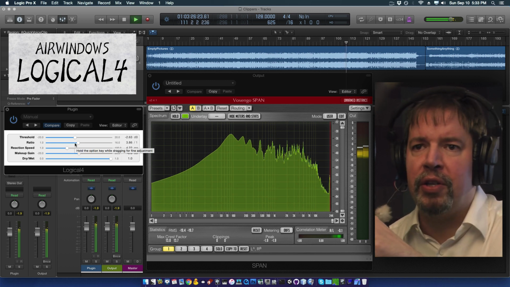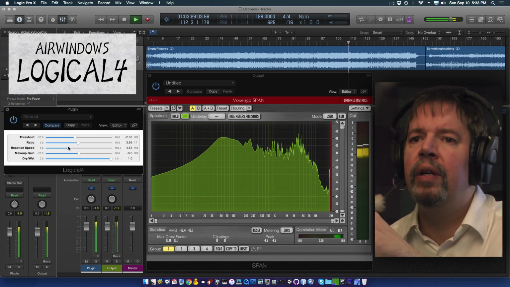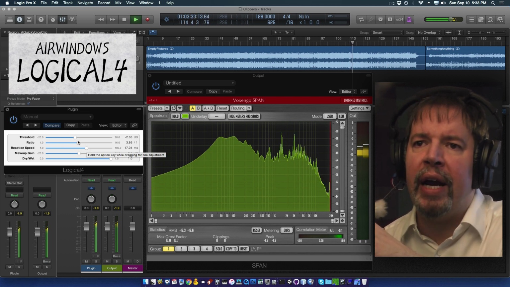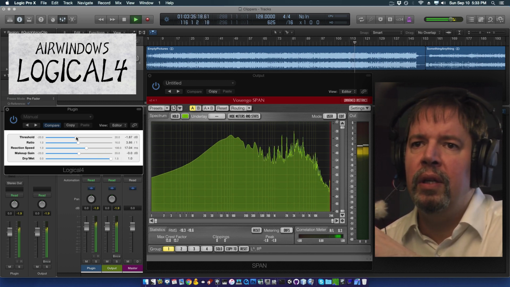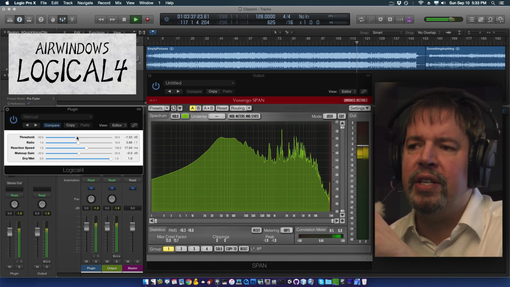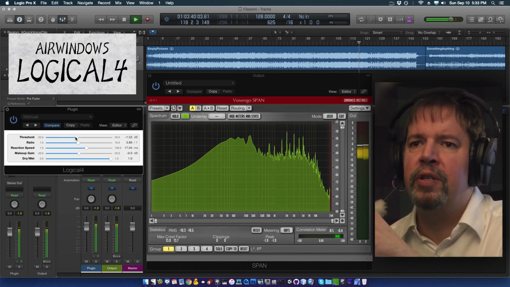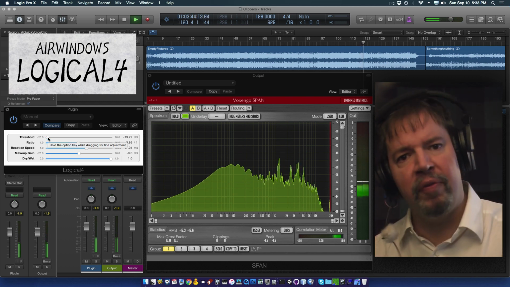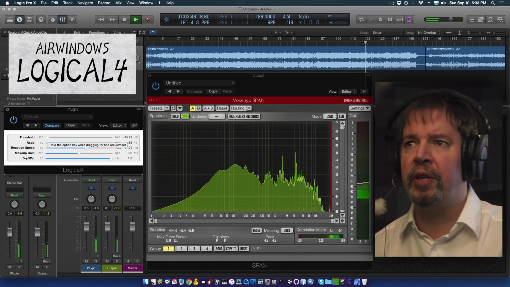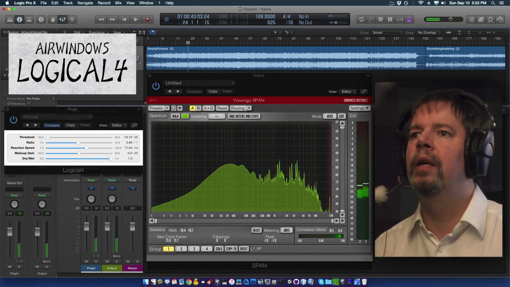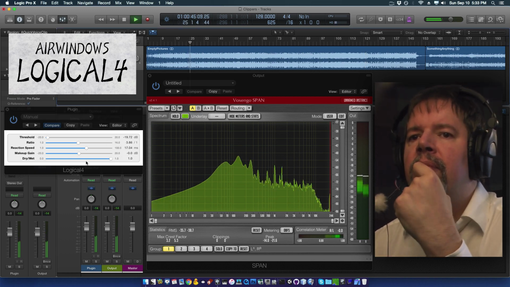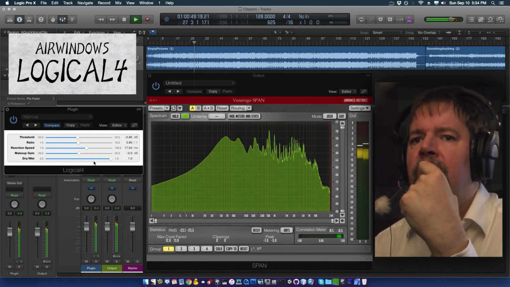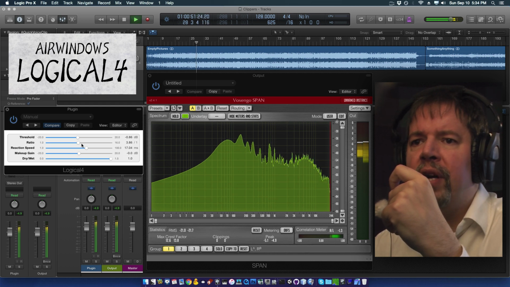But we can step on things a little bit with this, and we can play with the reaction speed. Like 4:1 is starting to get into the zone. 4:1 is starting to get into the zone of special effects compression. It's starting to do crazy things with it. However, there is more to be had from there. If I keep cranking up the ratio,